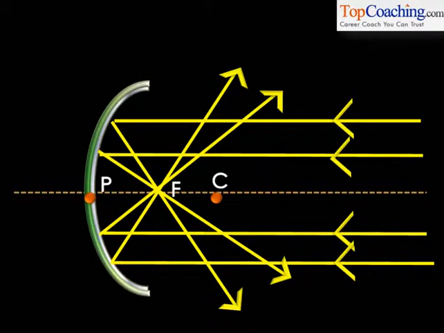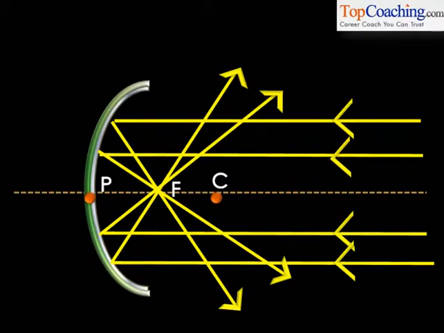That's because when rays from infinity, or a very large distance, so the sun is a large distance away from the earth, strike a concave mirror, then they generally are assumed to be parallel to each other. So when rays from the sun which are parallel to each other hit the concave mirror, after reflection they all strike this particular point called the focus. So when you place that piece of paper at the focus of the concave mirror, at exactly the distance between P and F, when you place the paper, the intensity of all of the rays of the sun combining at one point is so high that the paper catches fire. Understood?